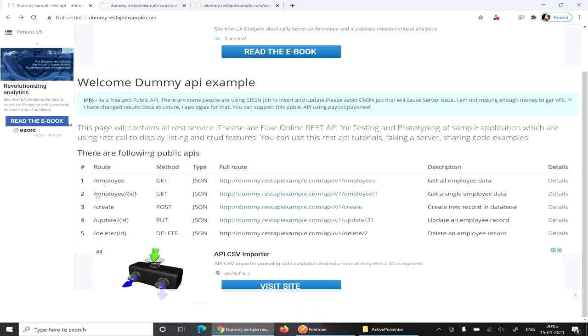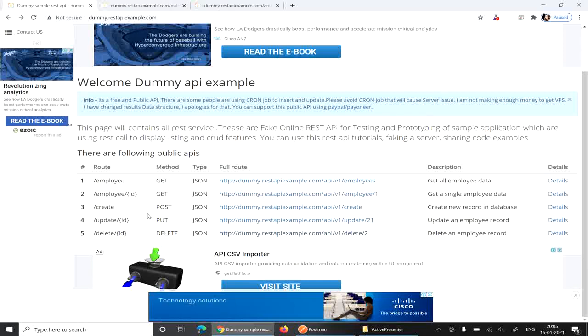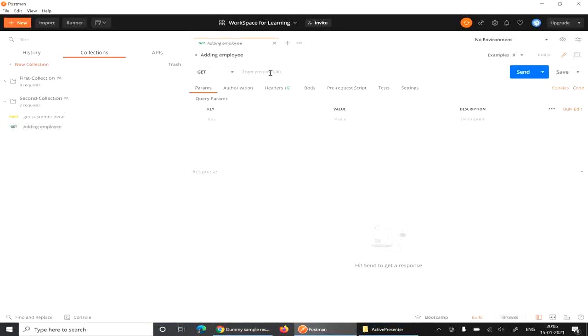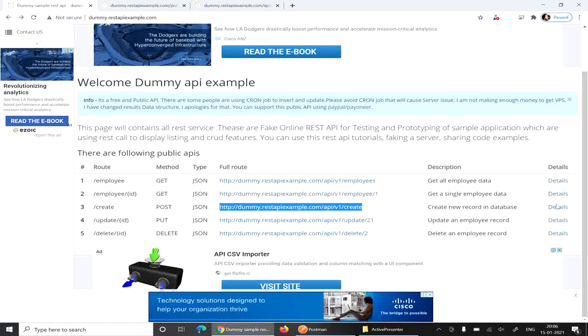Here you can see that in this video we want to create a new record in the database. So we will use the POST method. First, for that we need to copy this link and paste it here, and the details we need for the POST method.